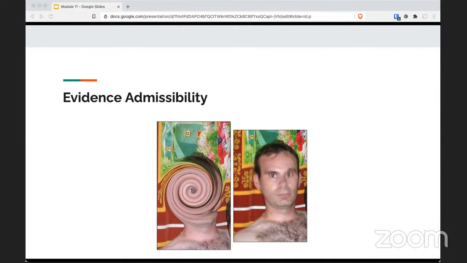Any other questions on photos? Okay, seeing none, I want to make the reminder